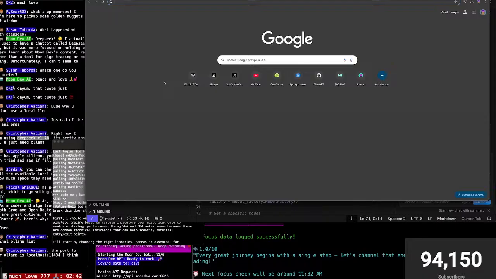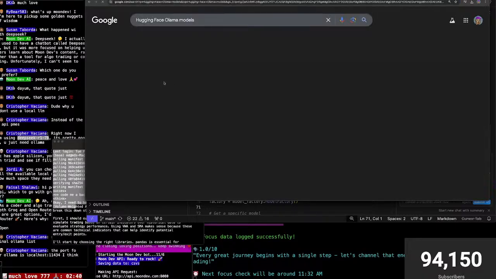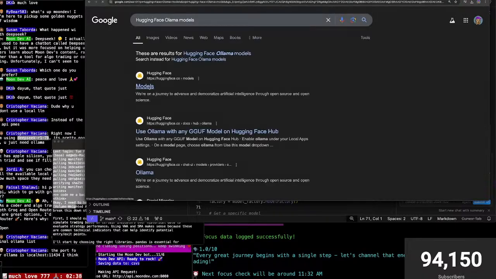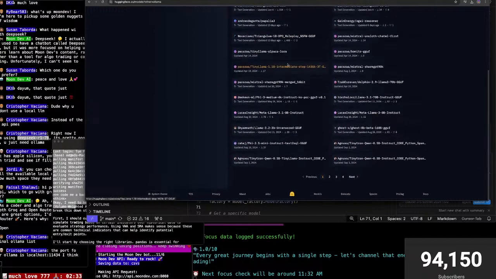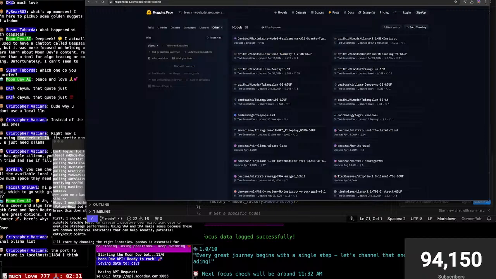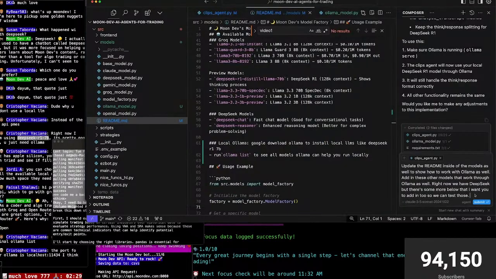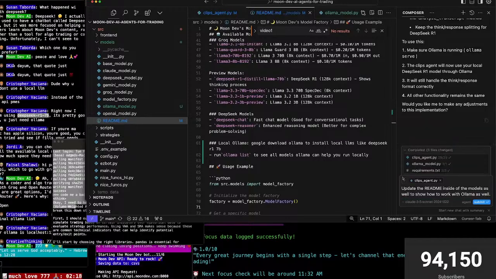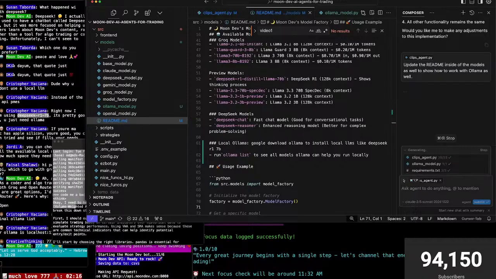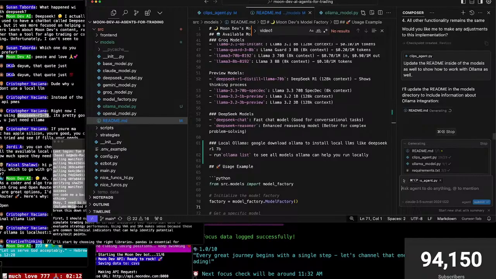Hugging Face Ollama models. Yeah, I don't know about that. I'm just going to use R1 for now because